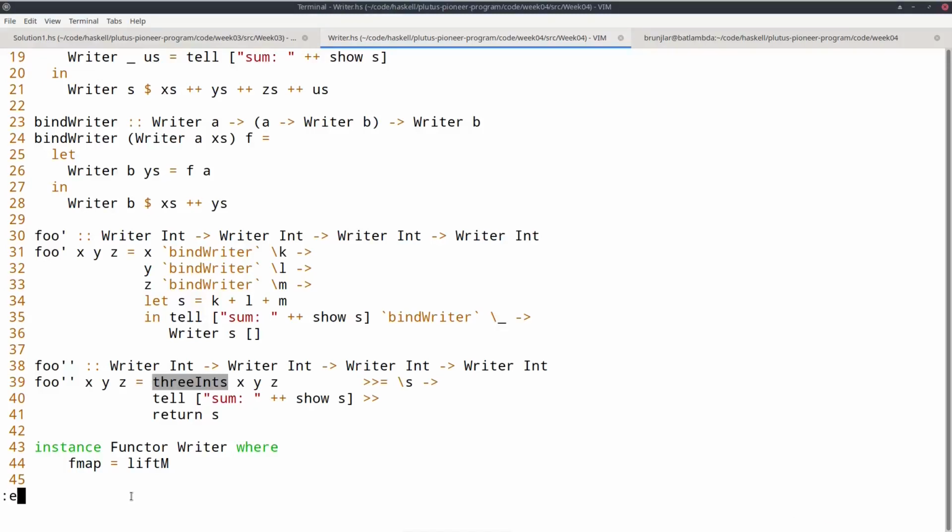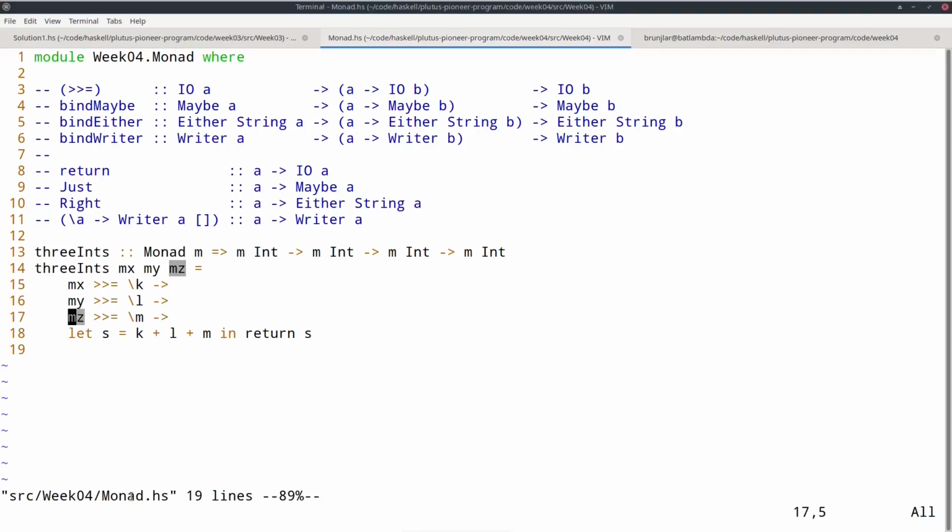So let's go back to this monad module one last time. The way I think about monads, a monad is some sort of computation with a side effect or a special feature or a special power. It's like a superpower. In the case of I/O, the superpower would be having real-world side effects.